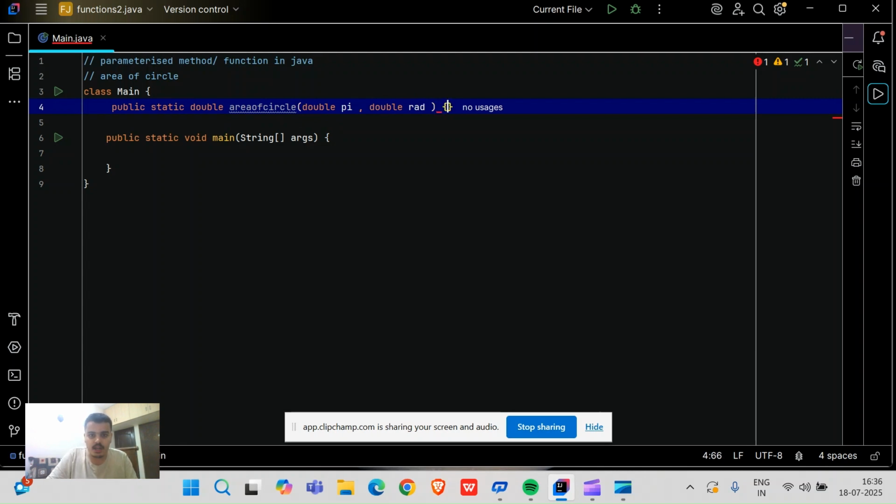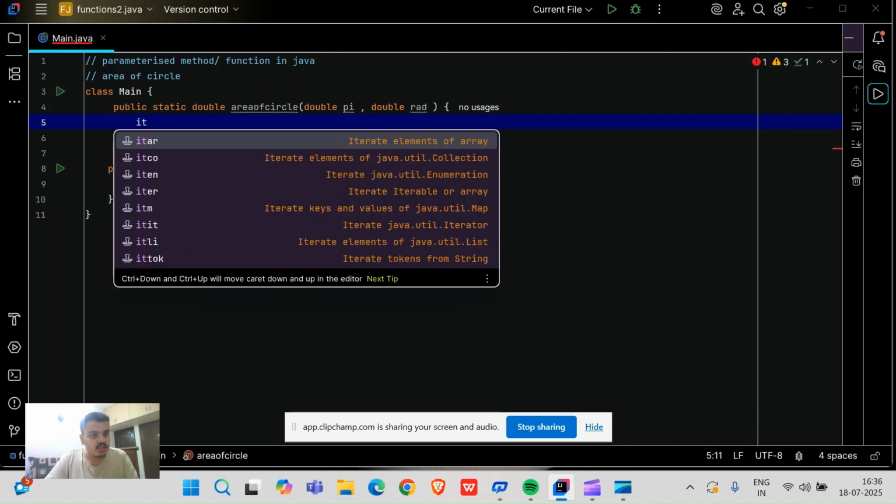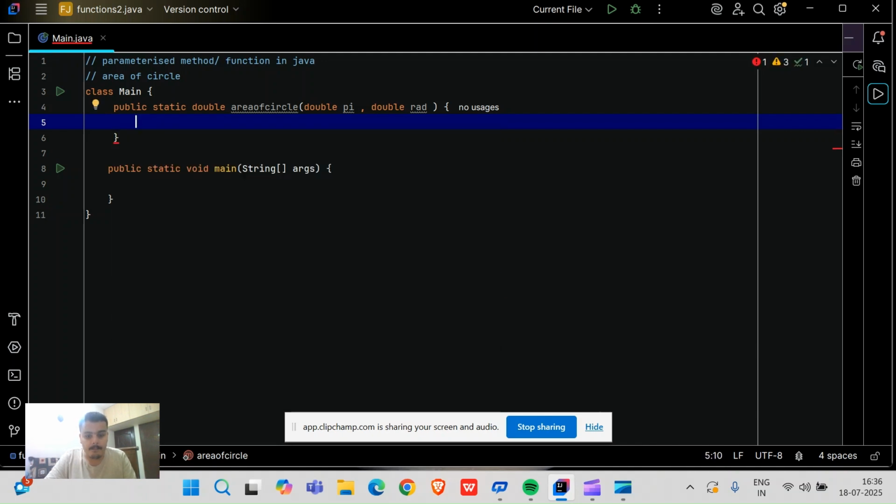Now I will define my parameterized method. The first line is that I must define what I want to do from this function.